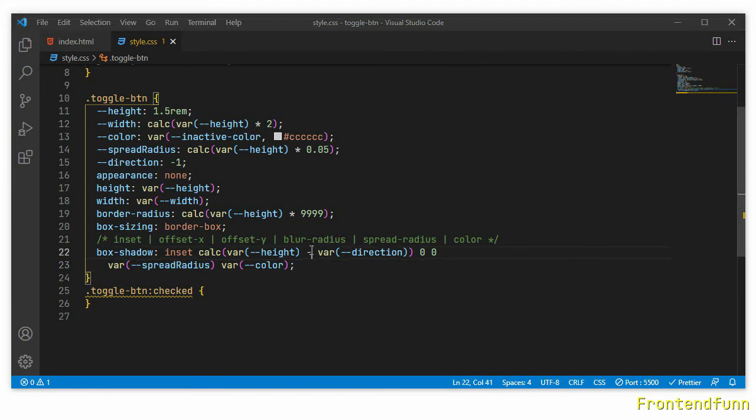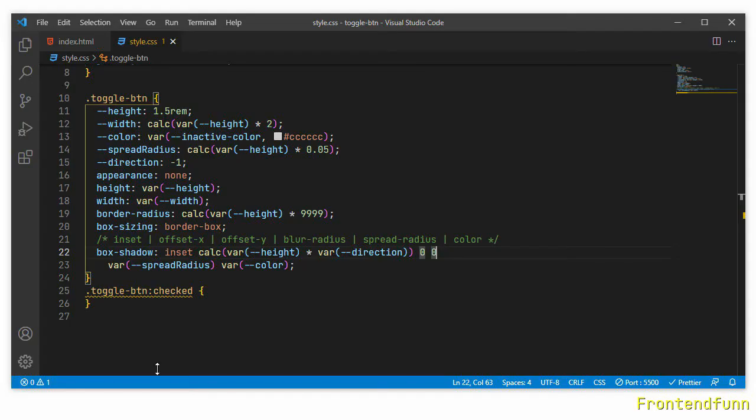Okay, so the mistake was the height times the direction. Right now this does not have any checked state. So to get the shadow on the left side also, we can add another box shadow here.